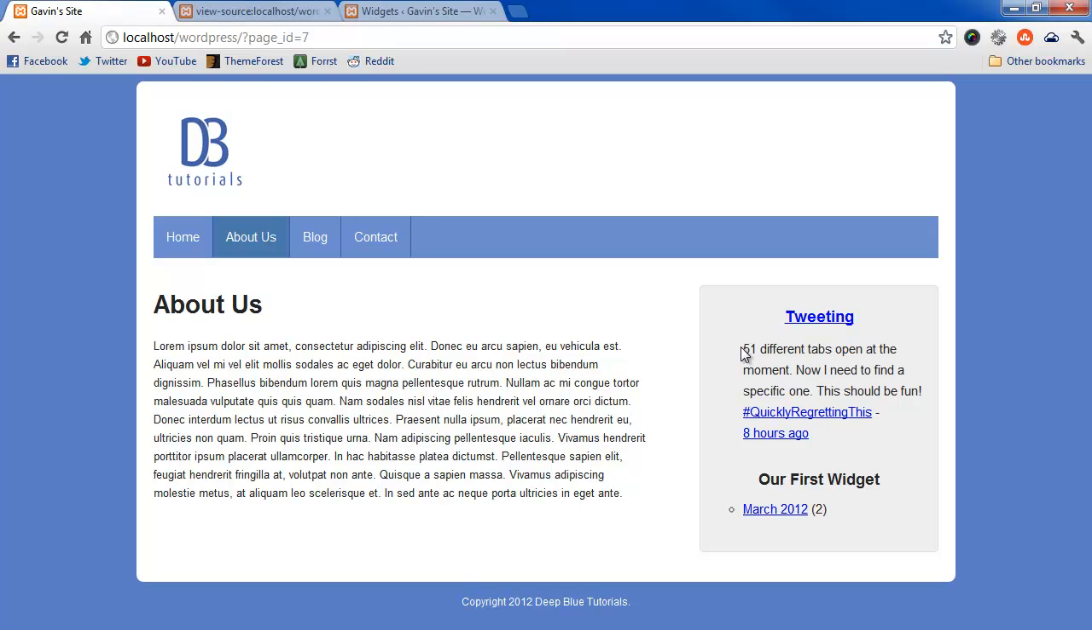So that's basically how you use widgets in WordPress. That's how you configure them, and that's how you download them. The deeper we go into these tutorials, the more in depth we'll be going with this. We'll actually be eventually creating our own widget. It won't be a hard one, but it'll be a very simple widget to create, and we're going to implement that